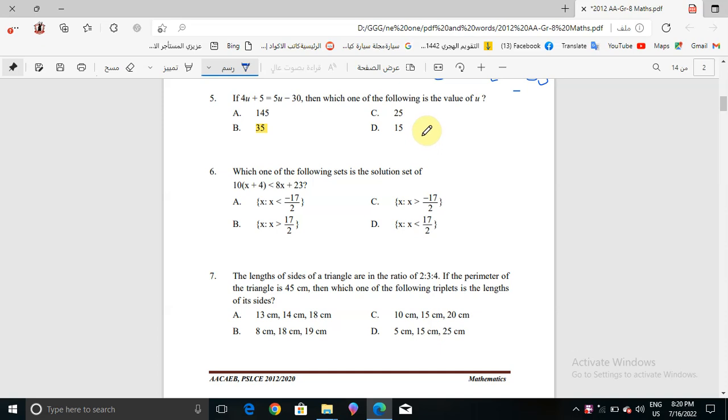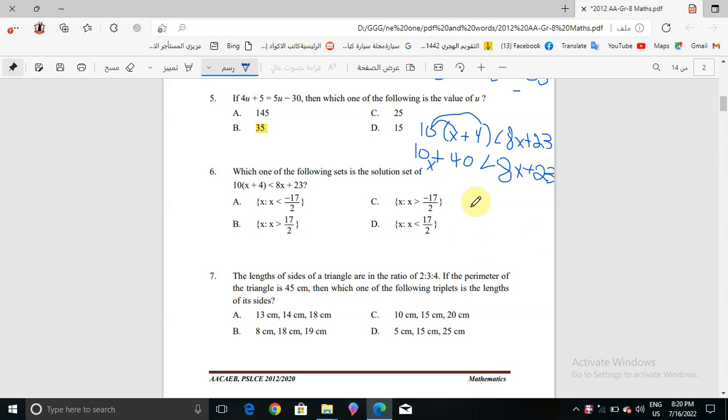Okay, now let's start with it. 10 times x plus 4 less than 8x plus 23, right? Then what we will make here is 10 times x and 10 times 4. So that means 10x plus 40. 10x plus 40 less than 8x plus 23,